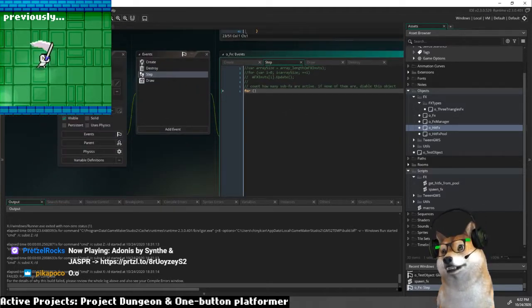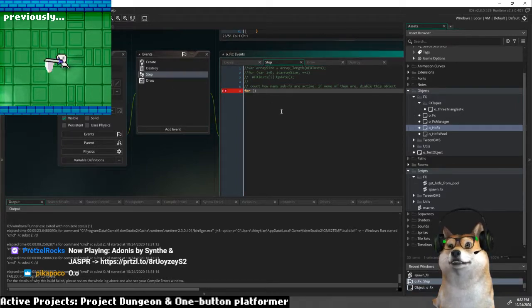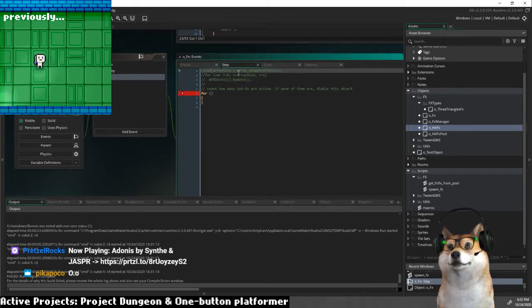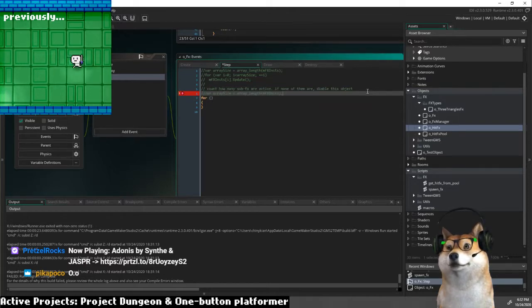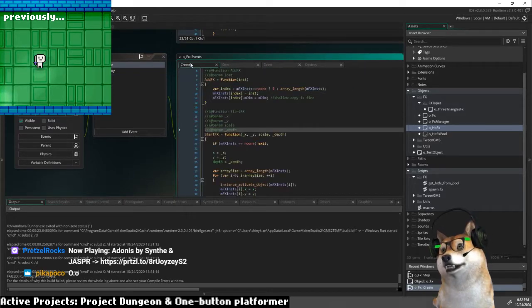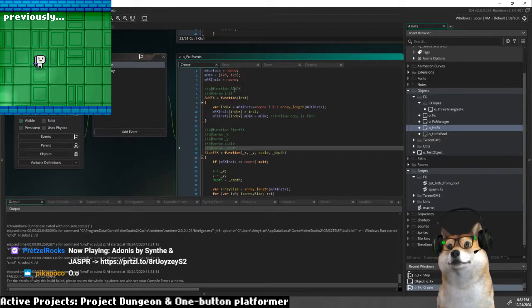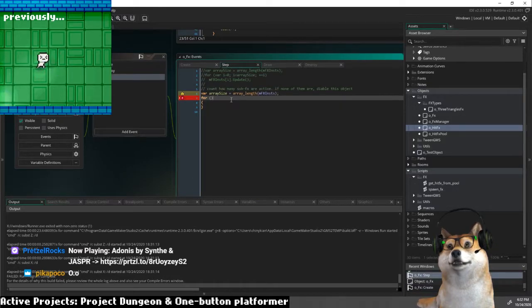So even though this is called OFX, it's just a container of the smaller fx objects. So I need this because I need to know how many sub fx I have inside my container. At the moment I only have one, which is the triangle thing. Okay, so